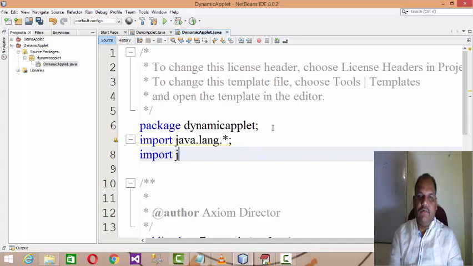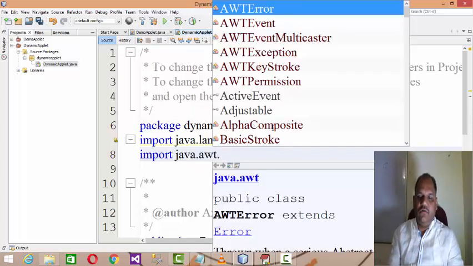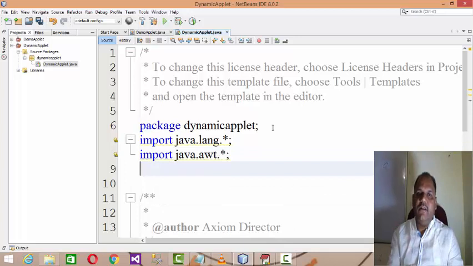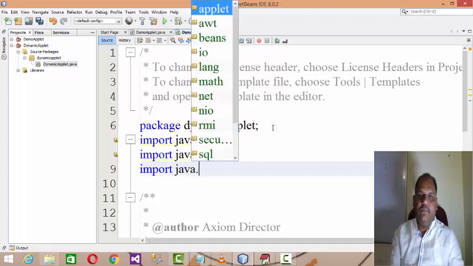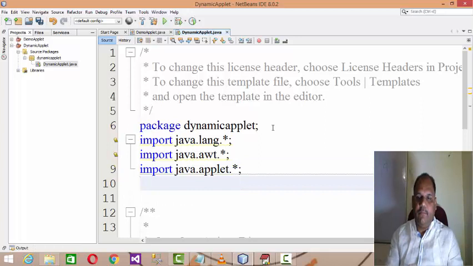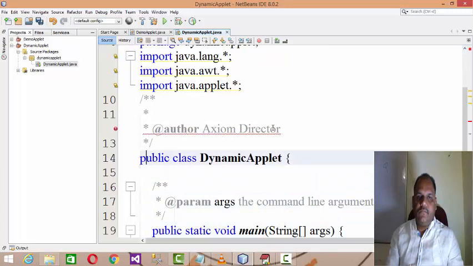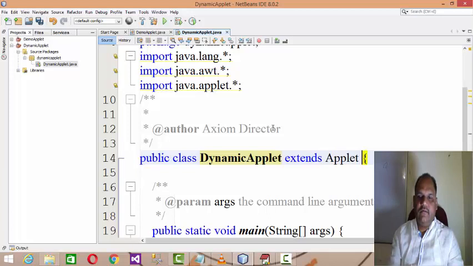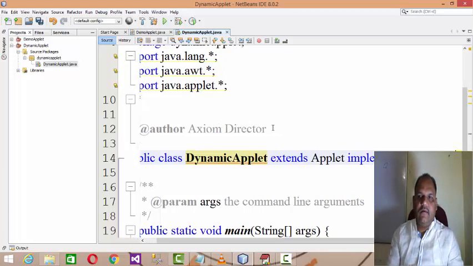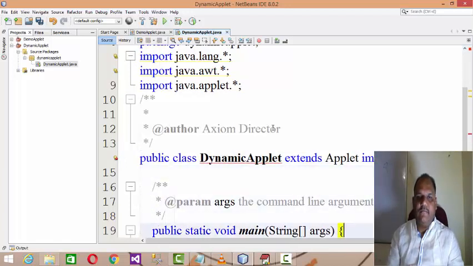Then import java.awt.*, because you need a graphical library to draw something. Then import java.applet.*, because you are developing an applet. And here: public class DynamicApplet extends Applet implements Runnable, right? You have to extend your class from Applet and implement the Runnable interface.